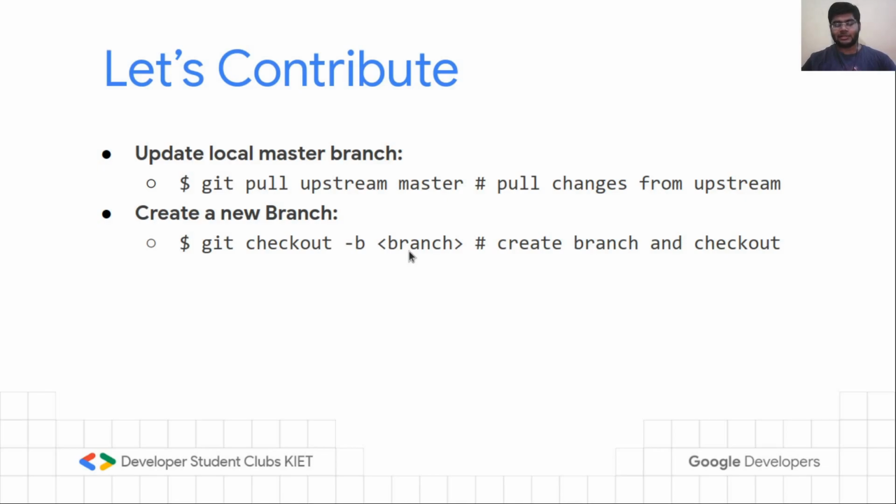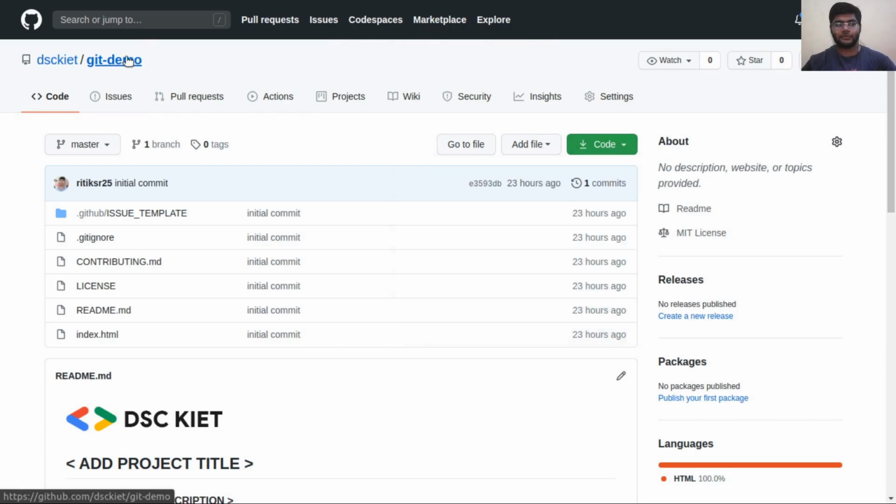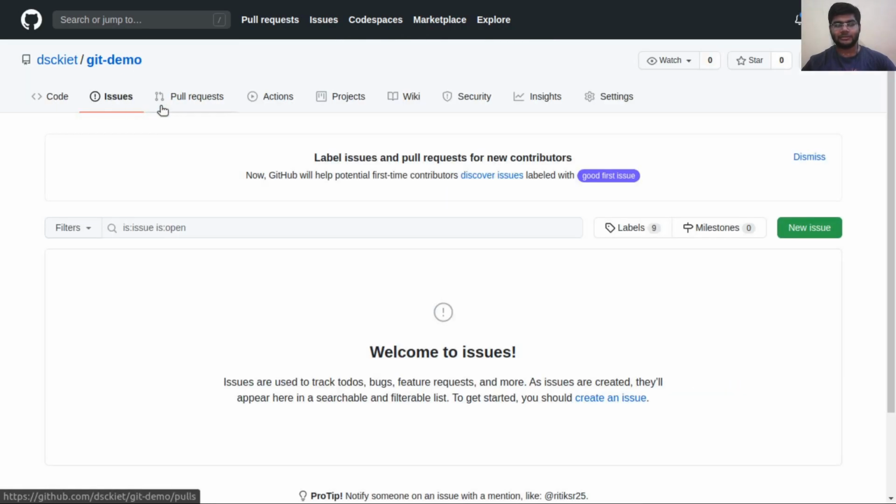While working in teams, for better collaboration between the teams, we can create issues. So what is an issue? If you go to the repository and go to this tab, Issues, you can consider issues as a multi-purpose toolkit where you can add all the steps like to-dos, bugs, feature requests. Suppose you find a bug in your project, you can document it in the issues, and developers will work on it. For now, suppose I want to work on a feature, let's call it a demo feature, feature 1. So I will simply create a new issue here.